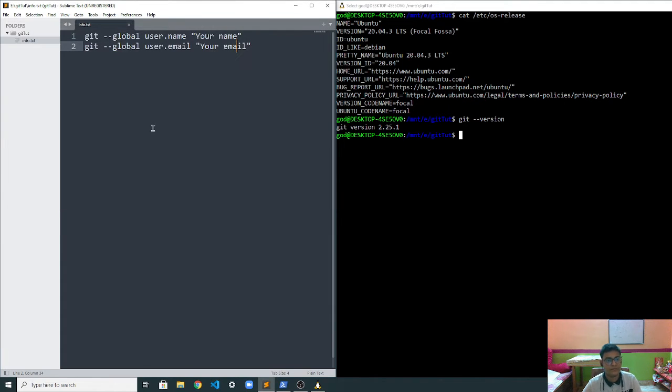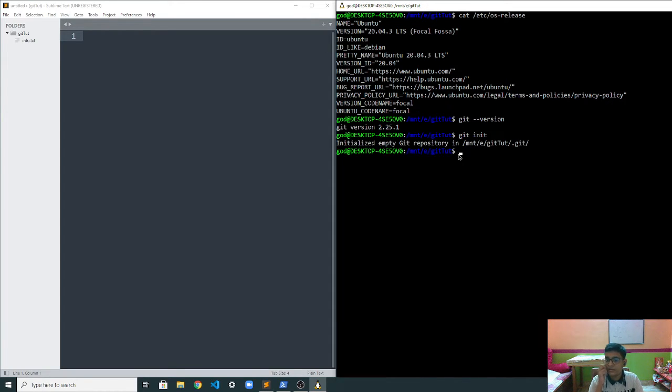info.txt. Okay. So now what we'll do, first of all, we will initialize this repository over here with Git. Git init, we have initialized the repository. To check if it is there, just type ls -a. As you can see, .git is there, where our repository is stored.